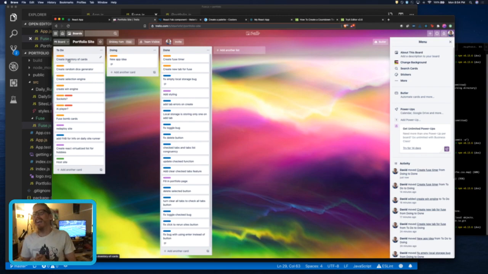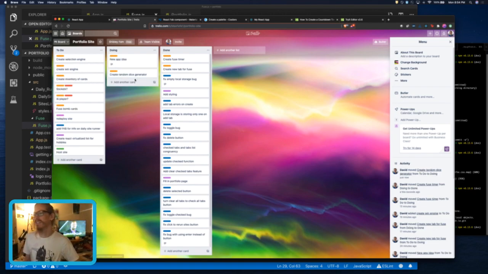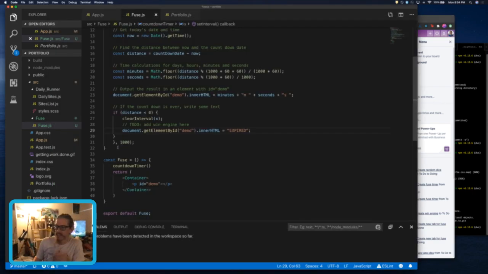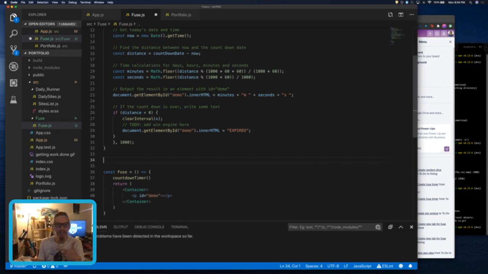That's cool. All right, so next on the list is creating an inventory of cards. I feel like that's going to be a little difficult, so I might move that down for now. Create a selection engine. That could be cool. I think we should do the dice generator, though. That sounds the most fun. So what we're going to need in the dice generator is basically, like I mentioned, something that can pick a number between 1 and 6, and then something that can pick 1 of 5 available colors. So